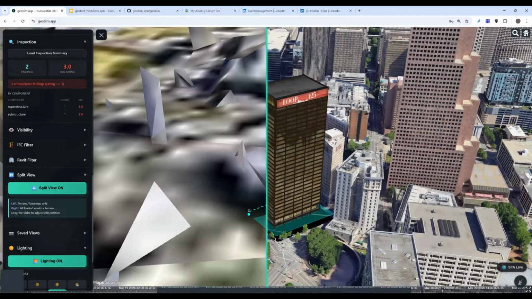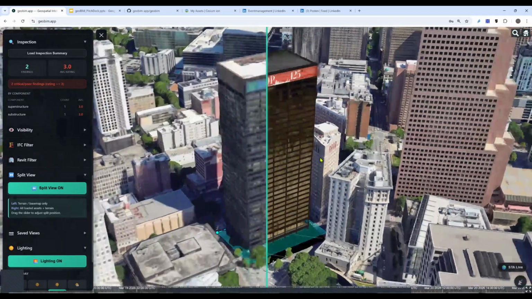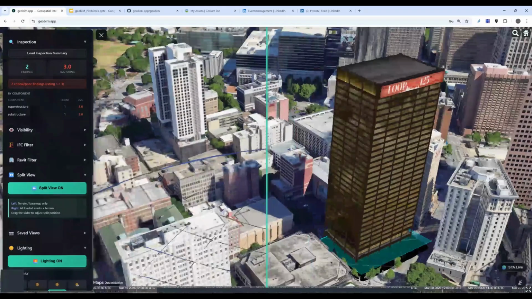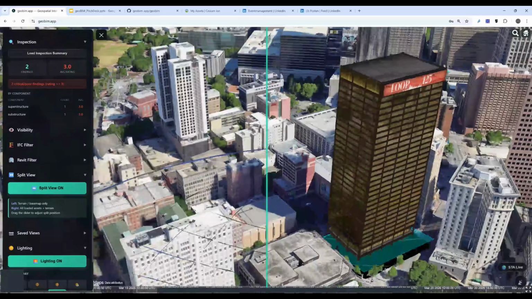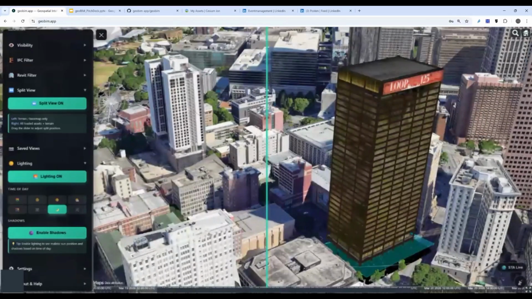Loads the Google 3D tiles one more, and let's go closer a little bit. So on the left, you see original Google 3D tiles. On the right, you see Google 3D tiles enhanced with my project in the middle. Okay. And let's be bold as a last functionality and check if the